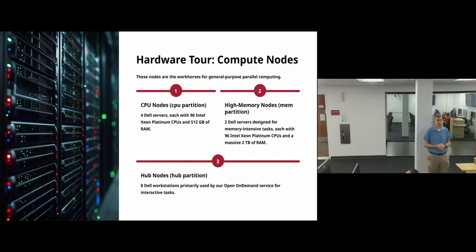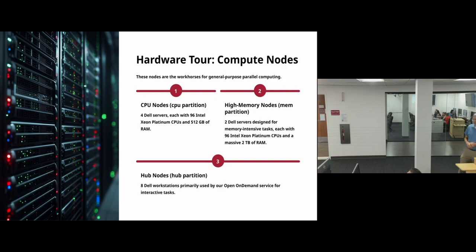And then we have 2 high memory nodes, which are very similar, but they have 2 terabytes of RAM each. So that's the MEM partition. And there's also the CMP partition that actually combines these two together, CPU and MEM together, because they basically use the same Xeon Platinum CPU. So you could basically do computation on any of those servers. And as long as you need up to 512 gigs of RAM for your computation, all of those servers would act exactly the same.